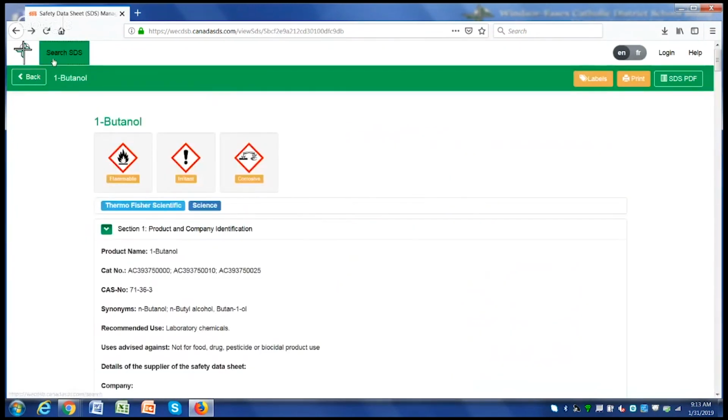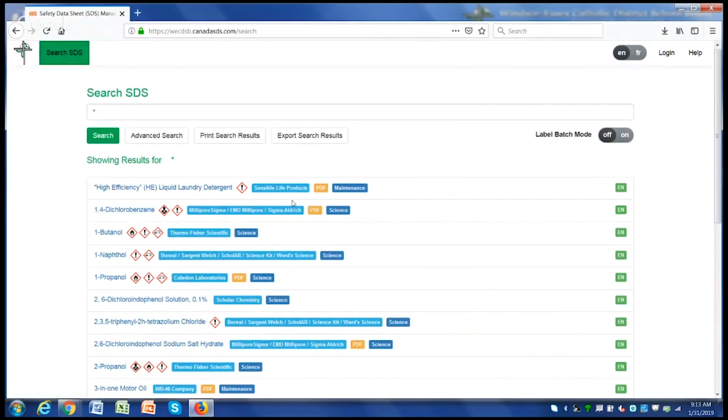So if I go back to the search page, you'll see here in the top right-hand corner, there's something called label batch mode. By turning this on, I can add items to a label batch so that I can print out multiple ones at the same time. So let's say, here I could just be selecting a bunch, but if I actually wanted to do something specific, so let's say